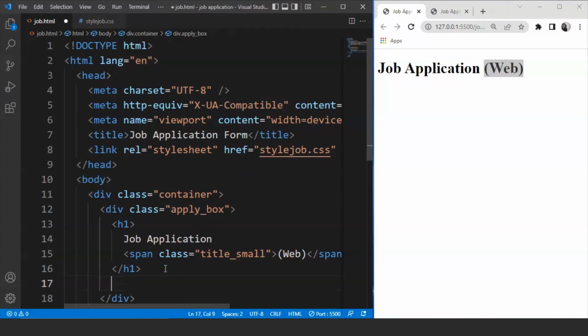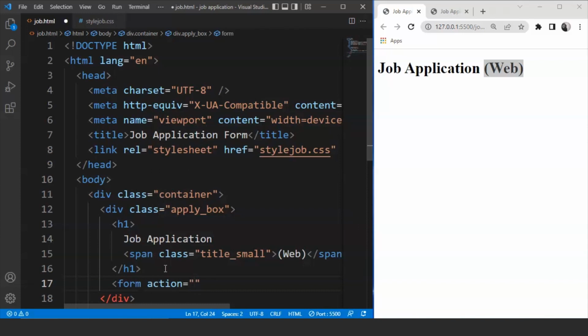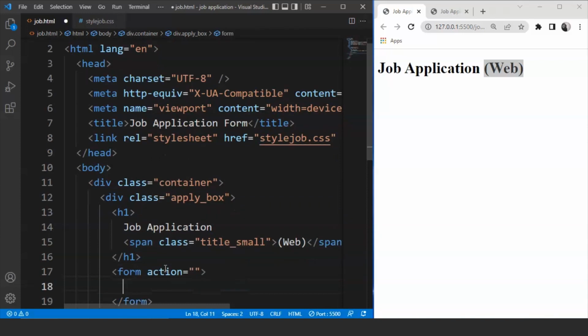So we are going to write here form, and then we are going to write here action. We are going to let it be there, and now we are going to create another div inside this form tag. So we'll write here div, then class we are going to use form container. Fine. So this is a class name,